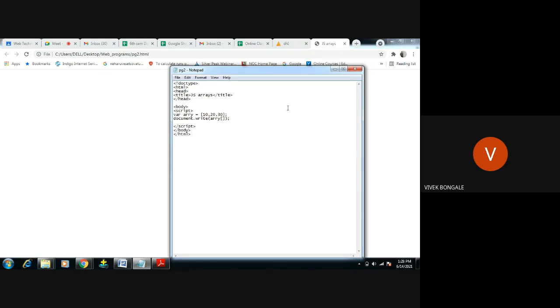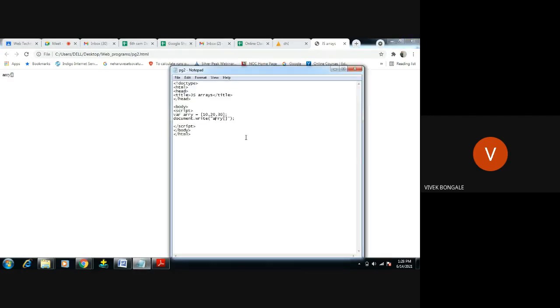So let's try this one here. Save. Okay, it's displaying now, but it is not displaying the values individually. It is directly displaying the array. So we'll try to display by using the for function now.